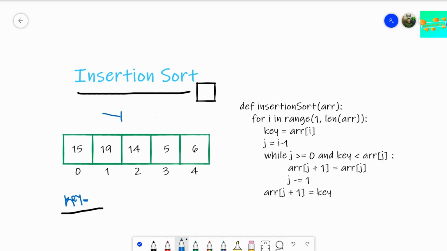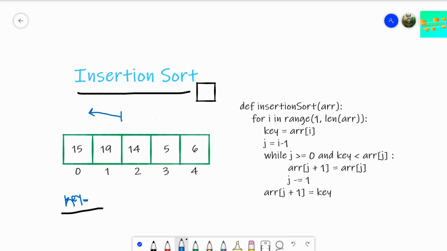Remember that this was our sorted array, and the rest was unsorted. Now that was our mental thinking. This sorted array thing is completely our mental thinking. We're just considering it mentally, but not in our code. We are not explicitly breaking the array. Let's see how the next step works.